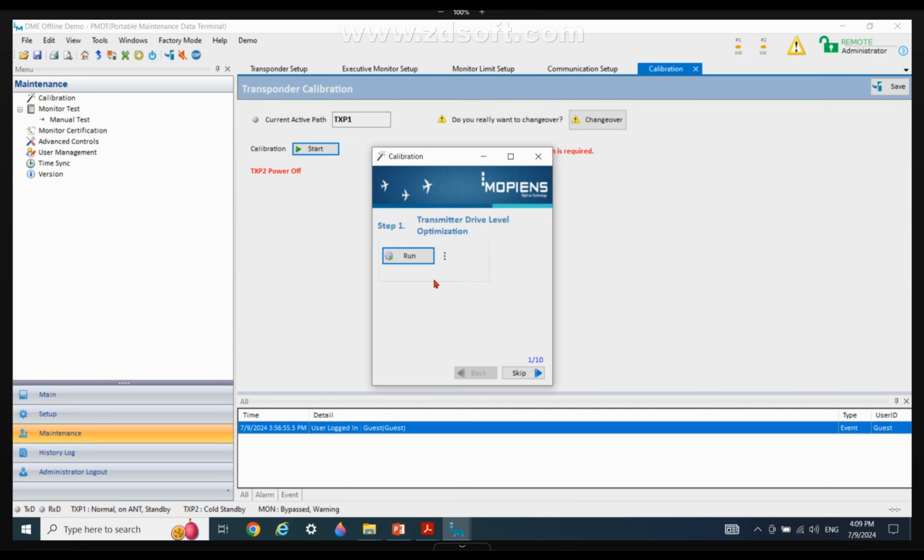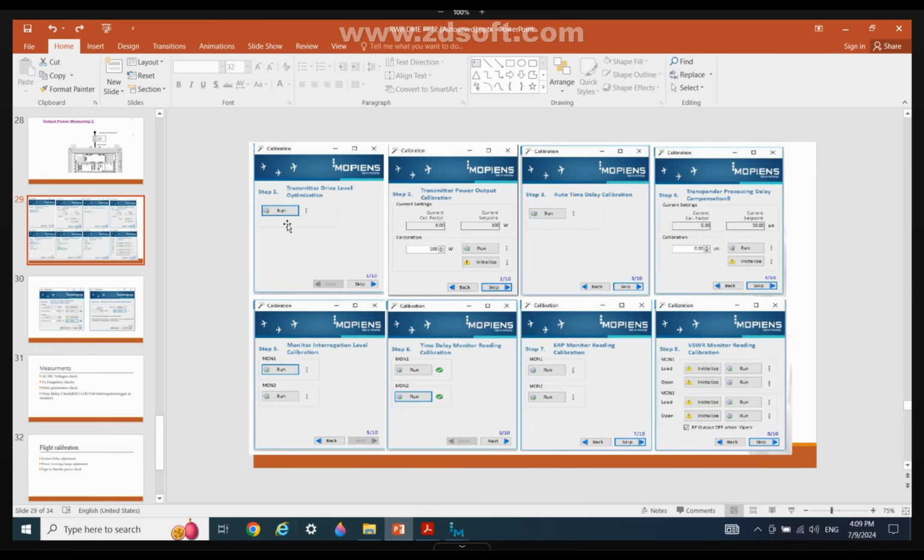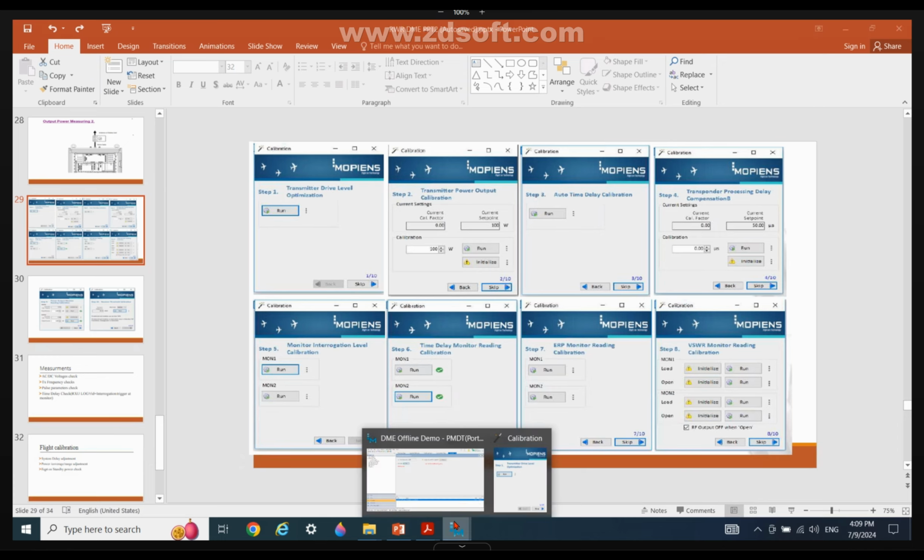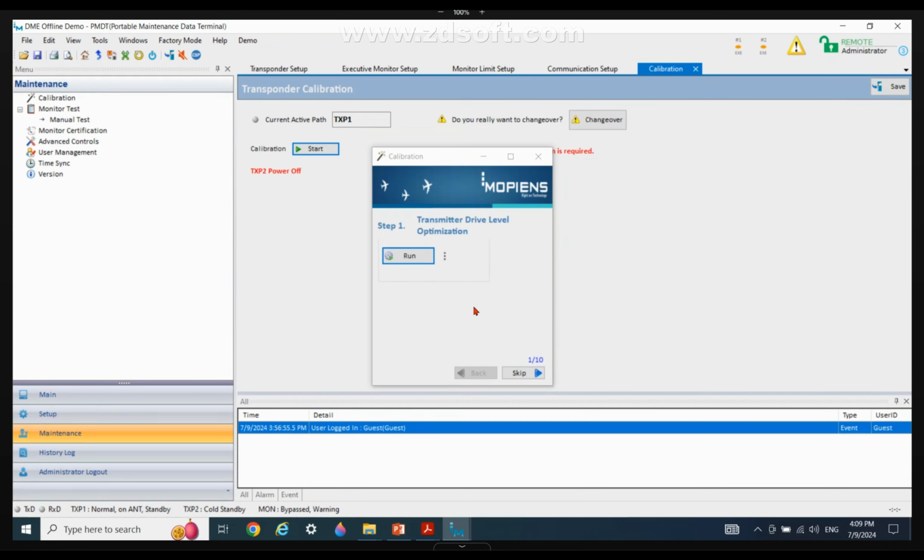In this series of steps, the first 4 or 5 steps are for transmitter adjustment, and the last 5 to 10 steps are for monitor adjustment, different things. The screenshot of the same I have kept here. Generally, these are advised when we install the equipment at first. When we switch on the equipment, the manufacturer advises to follow all these steps properly the first time,